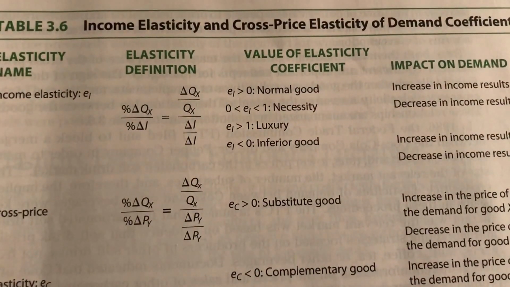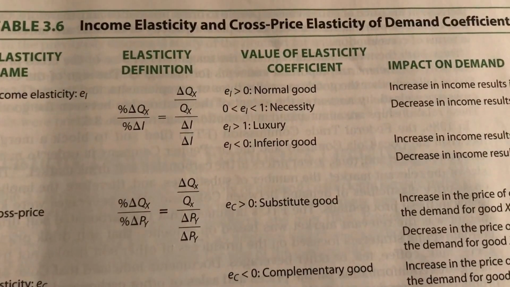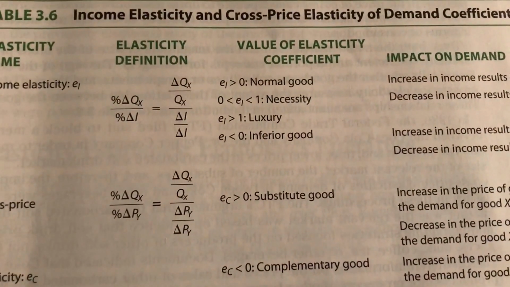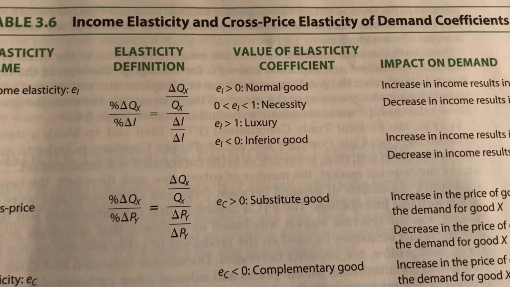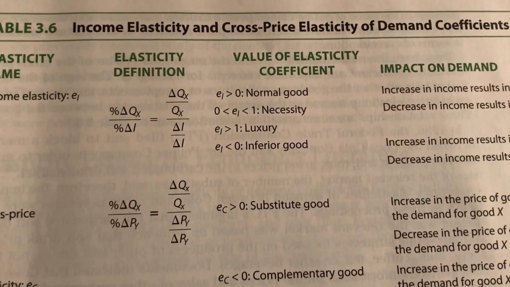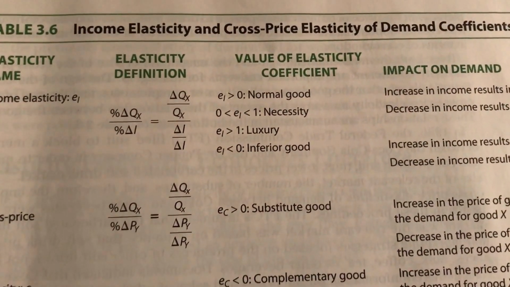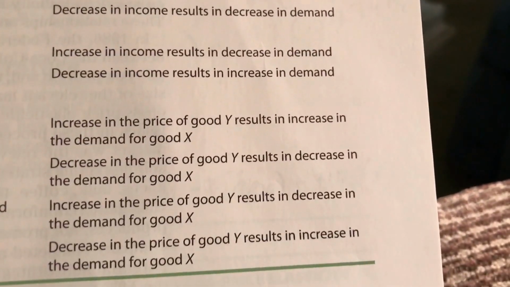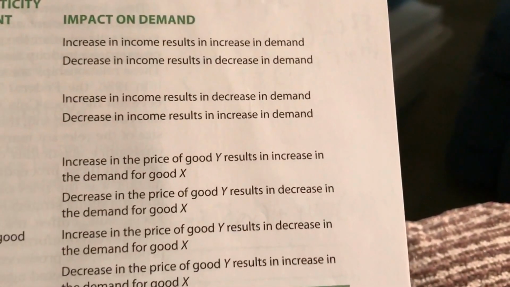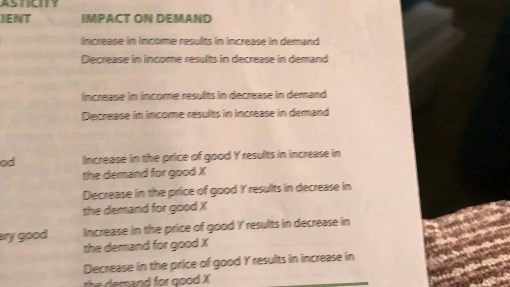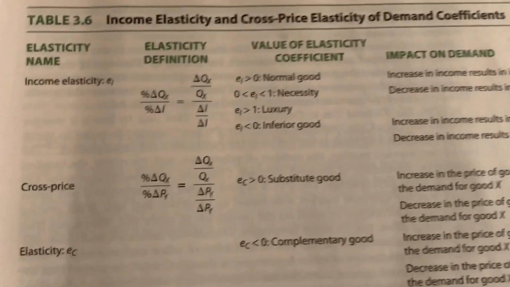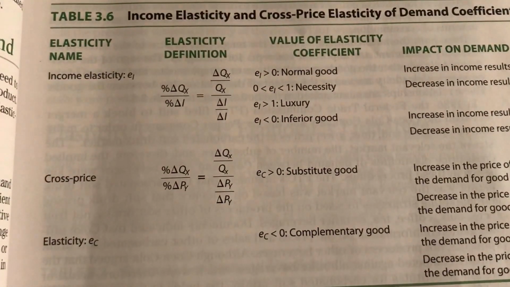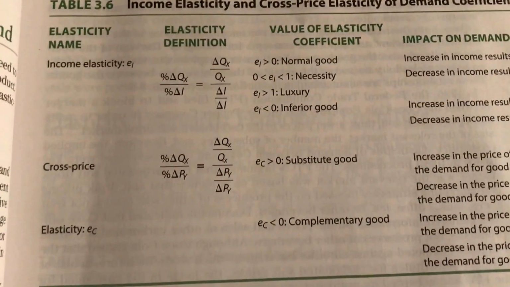So if it is greater than 0, it's a normal good. If it's less than 0, it's a necessity. And if it's greater than 1, it would be a luxury good, which means the demand will go up if incomes go up, and will go down if incomes go down. And over here, you also get a little cheat sheet on how that works. So I definitely urge you to look at these 3 important functions, which is income, cross price, and then regular elasticity, which we look at